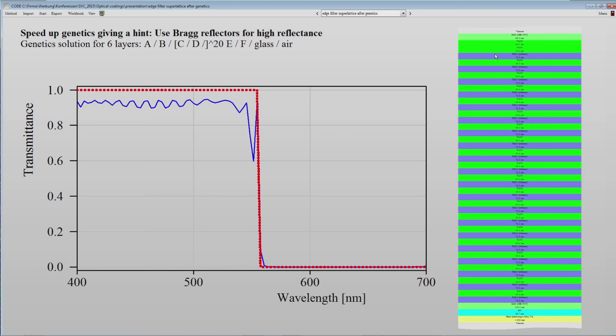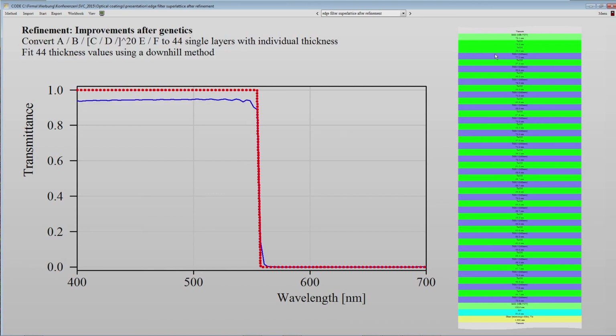So after this manual refinement, I could get a quite nice solution. So the transmission here is not 100%, but much higher than 90%. And the few percent here are the reflectance of the backside of the glass, where I have no anti-reflection coating, so we have 4% from the backside which just come back and are missing here in transmission on this side. So this is actually a